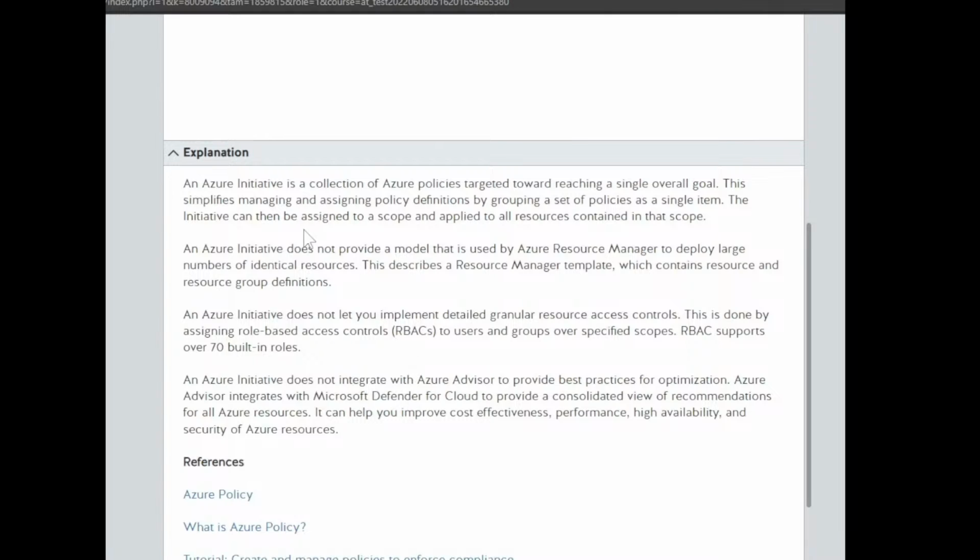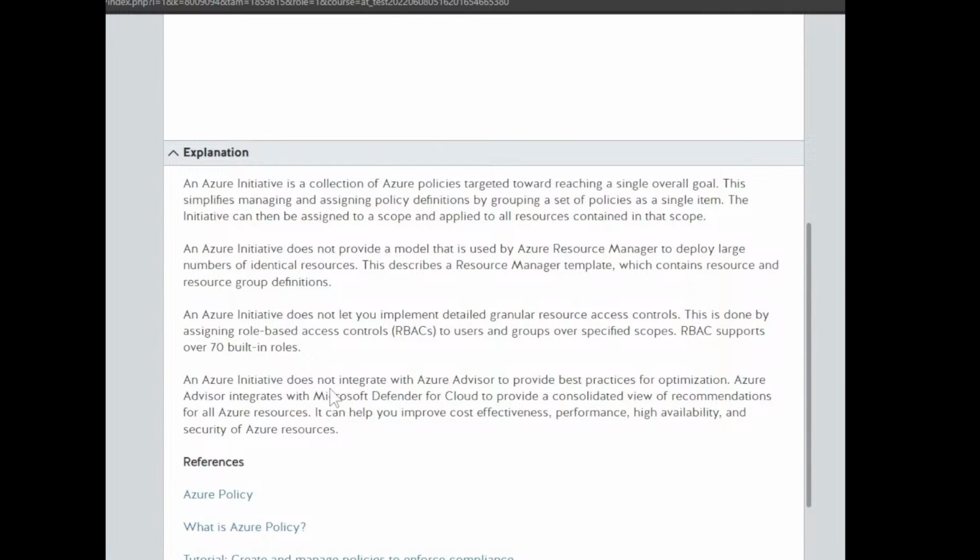Hindi siya nag-a-assign. Siya lang yung mga policies, parang basehan na sinusunod ng system. Pero hindi siya nag-a-assign or hindi siya nag-uutos. Siya yung listahan ng sinusunod mo, pero hindi siya nag-a-assign ng roles sa'yo. Okay. Tama ba?